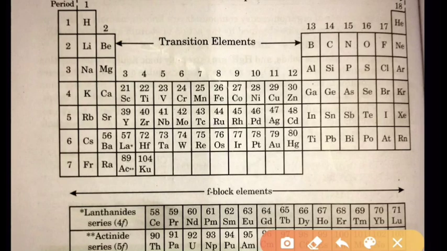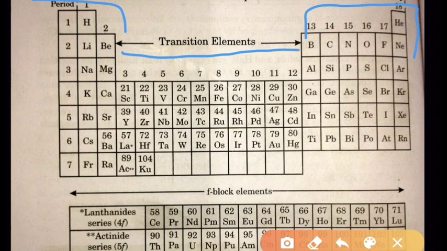Here on the left side your S block elements are present. On the right side your P block elements are present. In between the S and P blocks your D block elements are present. The D block elements are called transition elements because their physical and chemical properties are intermediate between S block and P block properties, and also these elements act as a bridge from S block to P block, and hence they are